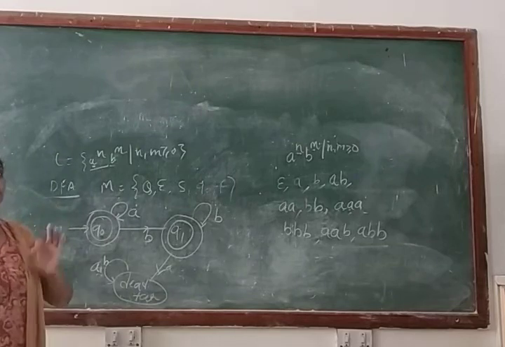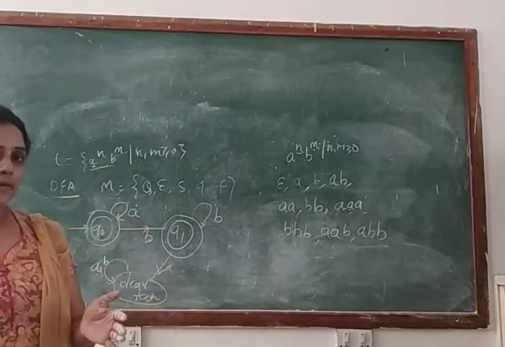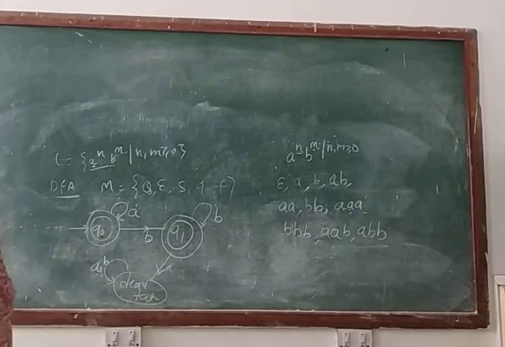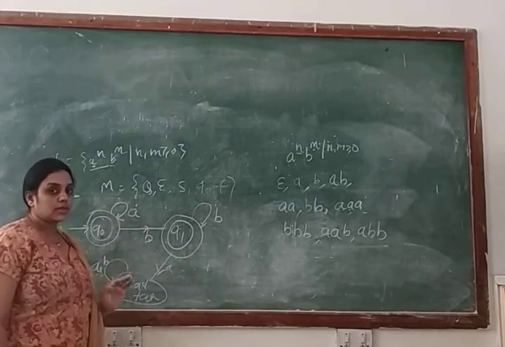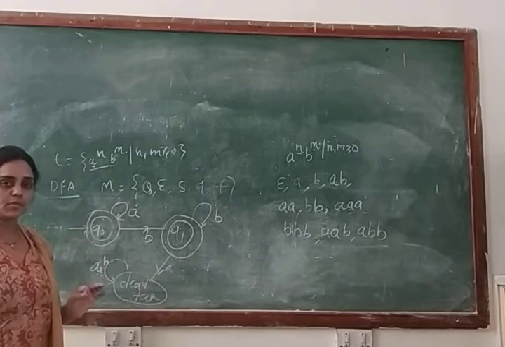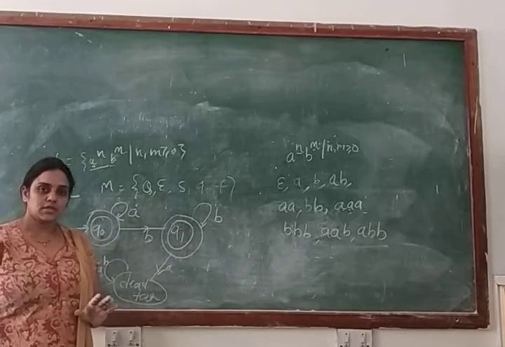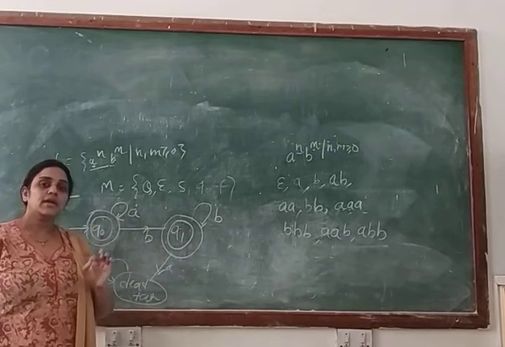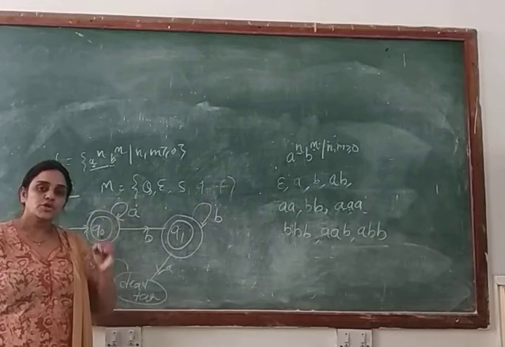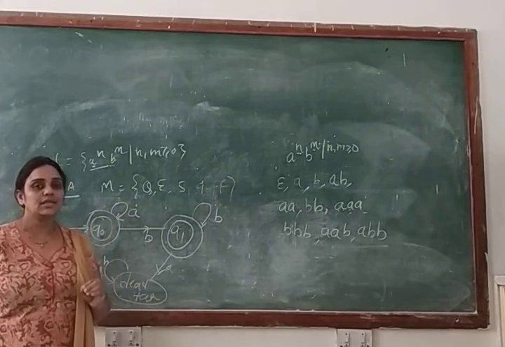Clear? So these two things you have to remember when you are making a machine. If you are making a DFA, in that case you have to make a transition for every input symbol. Means each and every state has a transition for every input symbol if you are making a DFA machine. Second thing, if you are making a machine for infinite length strings, DFA means deterministic finite automata machine. That means you should have a finite number of states as well as a finite number of transitions between the states.